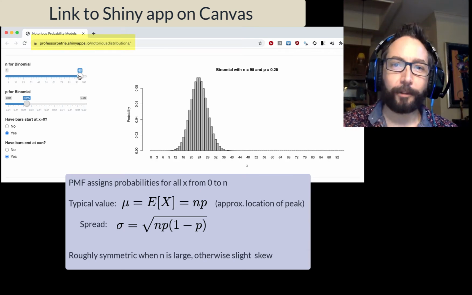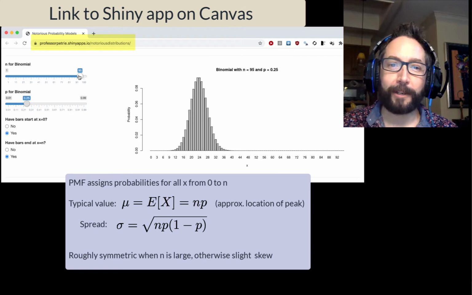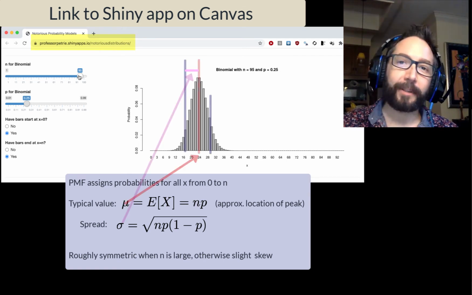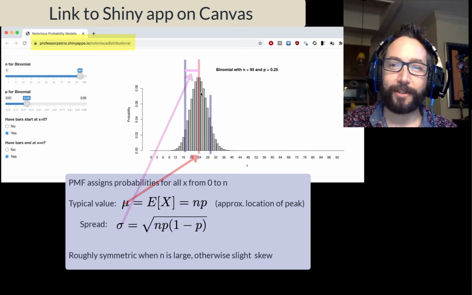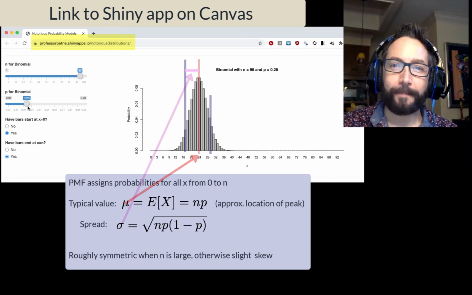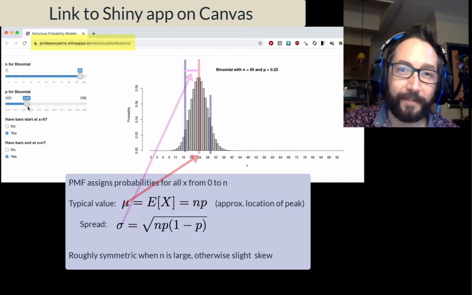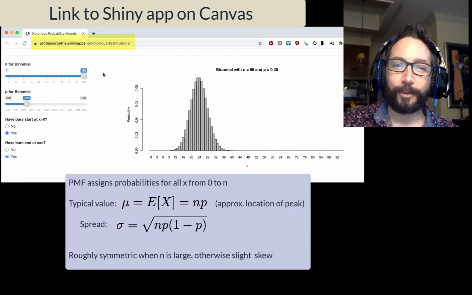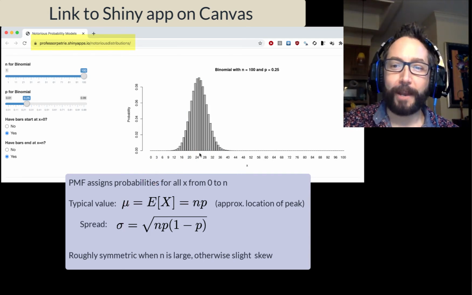And so I see overall that the shape of a binomial PMF is roughly symmetric, and I can actually tell you approximately where that peak in that distribution is going to be. That's the average value, or the expected value. If we took the number of trials and multiplied it by the probability of success, that's going to be the approximate location of the peak. And that makes sense because if, say, 25% of trials should end up with a success, if we're dealing with 100 trials, well, we would expect just about 25. Looks like that matches up.